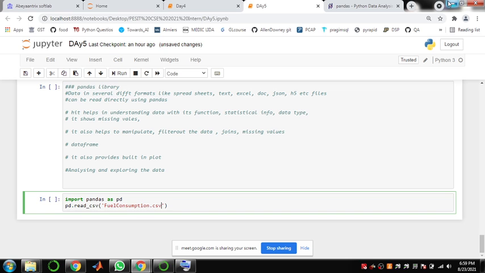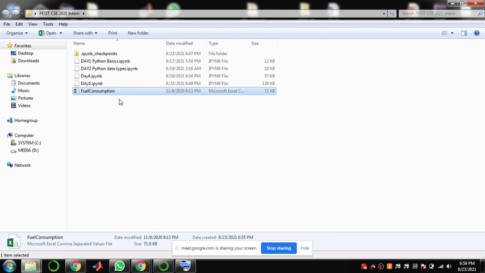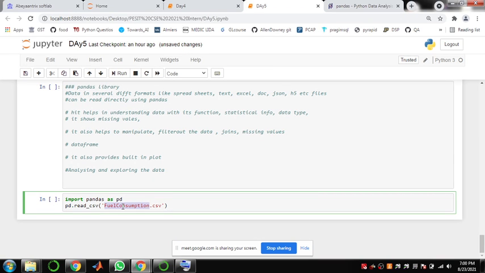Let me check the file name, fuel consumption, no spelling mistakes. If you make one, you won't be able to read the file. Once it is read, let me store it into a variable called df.